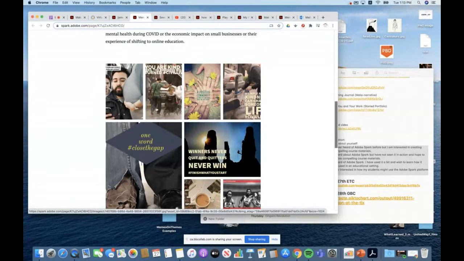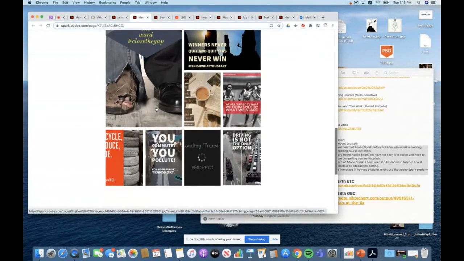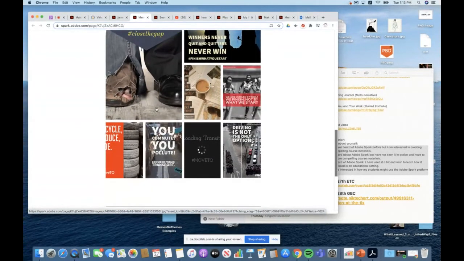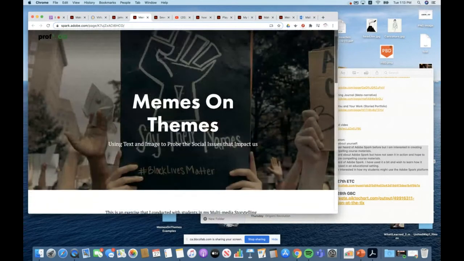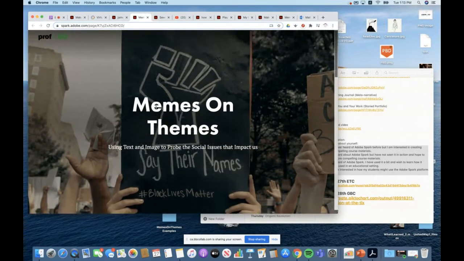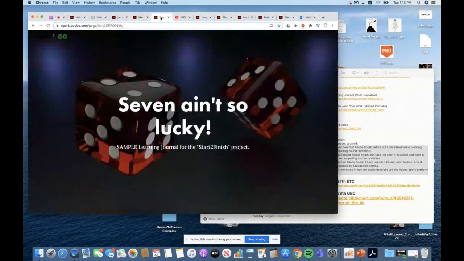And so we explored a number of themes. And like I said, those themes could be related to any discipline. And they did that as a week-long social media campaign, requiring them to create social media posts for Instagram or Facebook on a weekly basis.